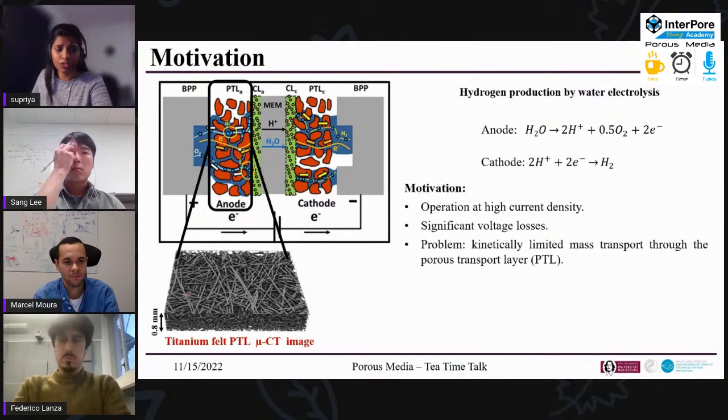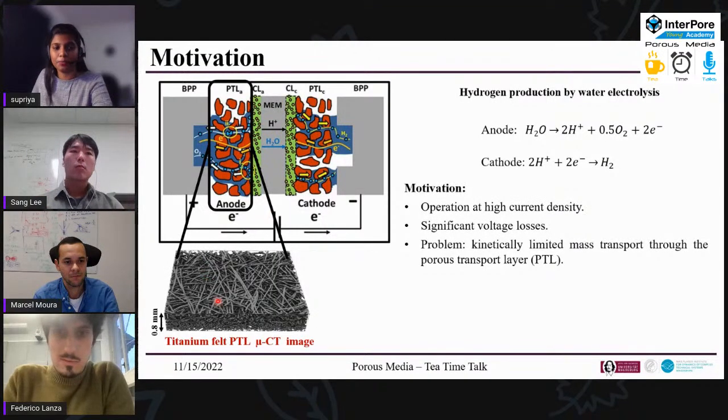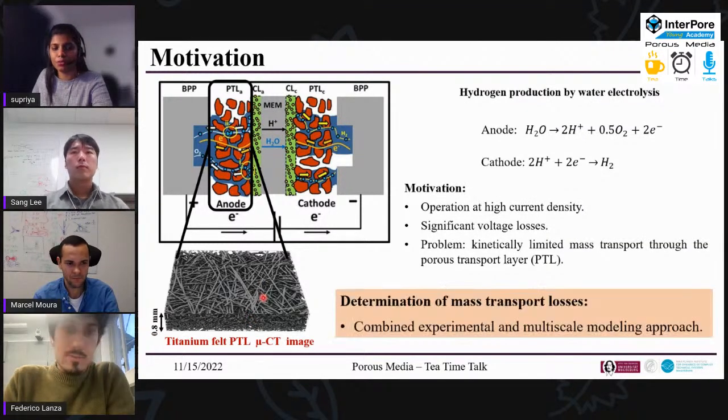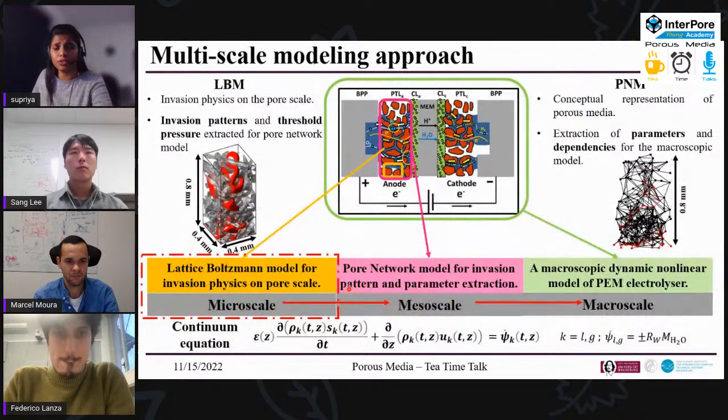So here we deal with the titanium felt PTL, where you have these fibers which run through and you have a porous space. This material has a thickness of approximately 0.8 mm. Here I will be talking about how we determine the mass transport losses, combining experimental and multi-phase modeling approaches. We have different approaches at different scales, starting with the lattice Boltzmann model, where you